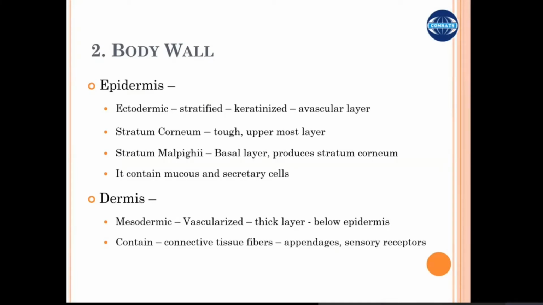And the stratum malpighi, or the basal layer, stratum basale, is the basic layer at the bottom of the epidermis that produces all different types of the cells. Right, and then we discussed that the epidermis is the part of the skin which does not have any innervation or any vascular system, no blood supply, and it gets its nutrition from the underneath layer,